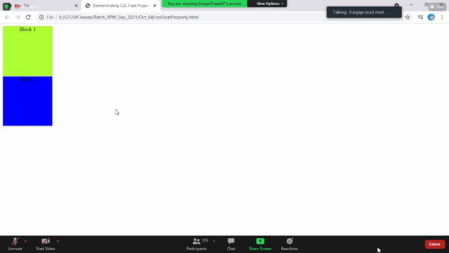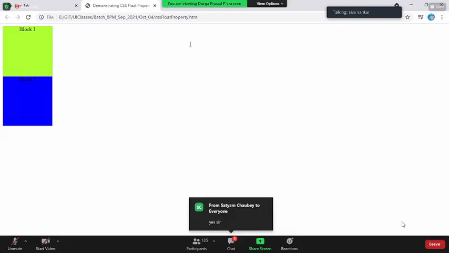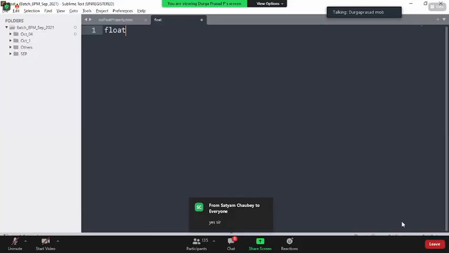Super fine. But now my requirement is, can I make this blue container move to the complete right side of the container? That is where you have a CSS property called the float property.